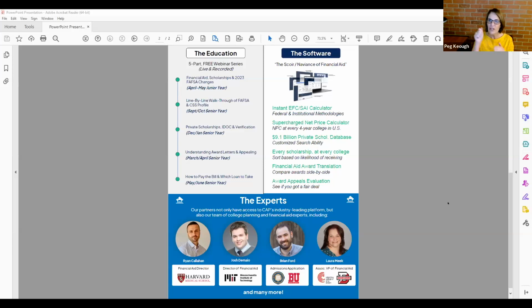They can go in and change numbers in their profile, see how that affects their SAI. If they need to buy a new car, what if I buy that car? How does that affect my SAI? They can do all that stuff in there. So it's super powerful. If you do have a budget, then we start at about 2,000 a year to get